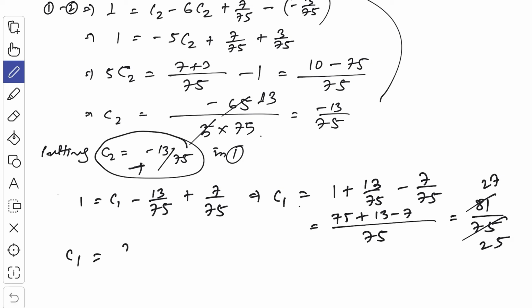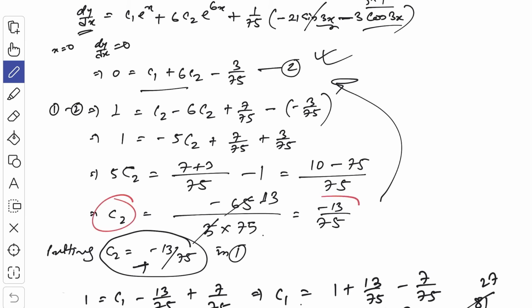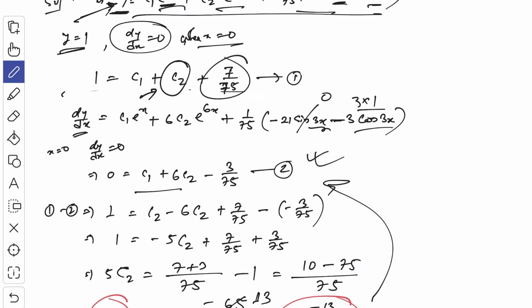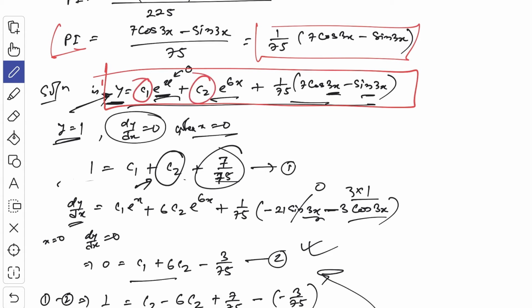So c1 is equal to 27 by 25. So now you see we have got the value of c1 and the value of c2. Using these two values in this solution, the solution of the given equation that we have taken here, if you put the value of c1 and the value of c2, then our solution will be,